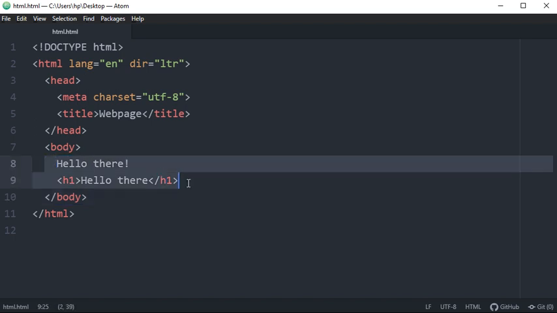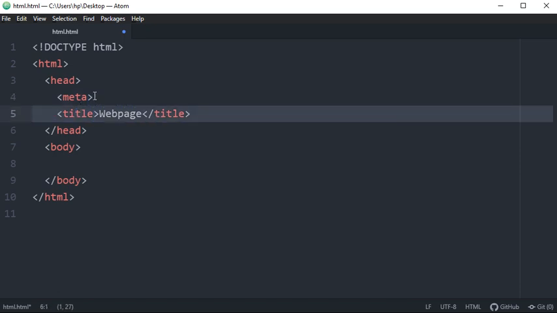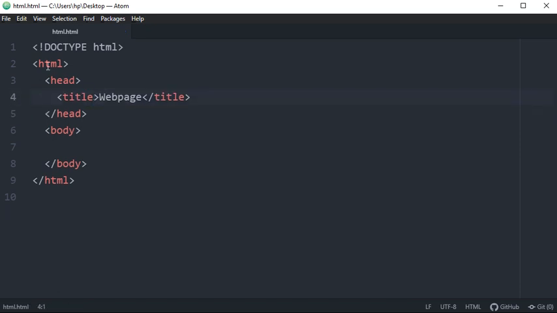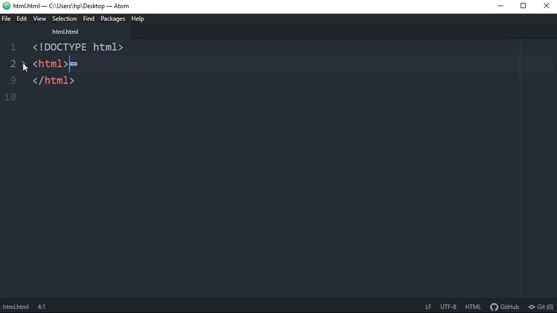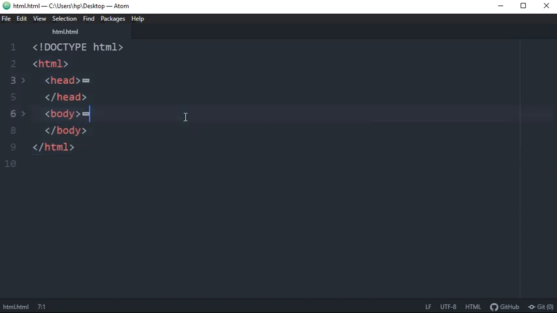So this is the basic syntax. For the time being, you can clear this part. The metadata is not mandatory because we are just doing a simple example in HTML, so you can skip that whole part. The main first thing is the HTML key element. After that, there are two parts, the head part and the body part. The head part will contain all the data about this document, and the body part will contain all the displayable data of your web page.